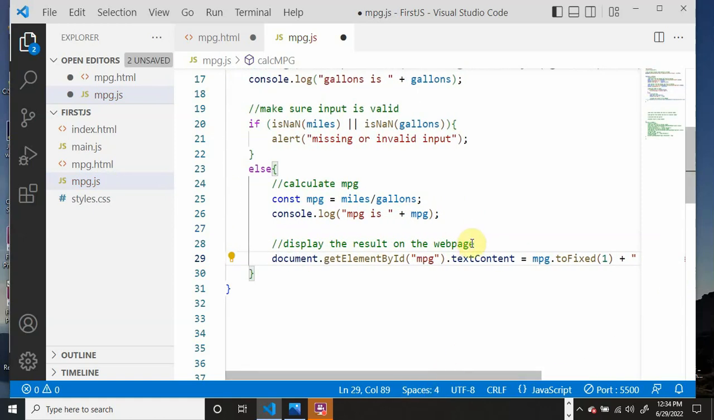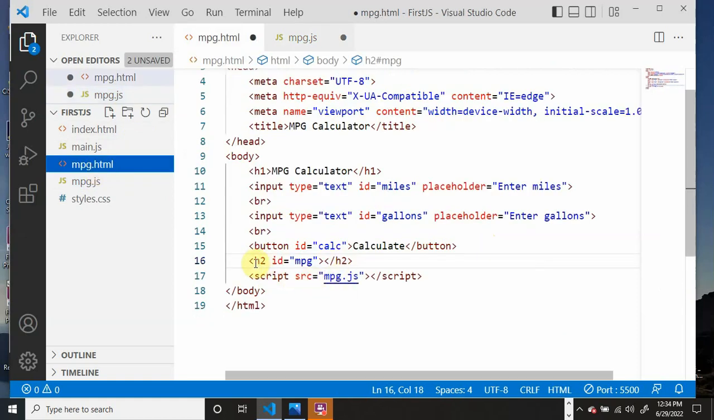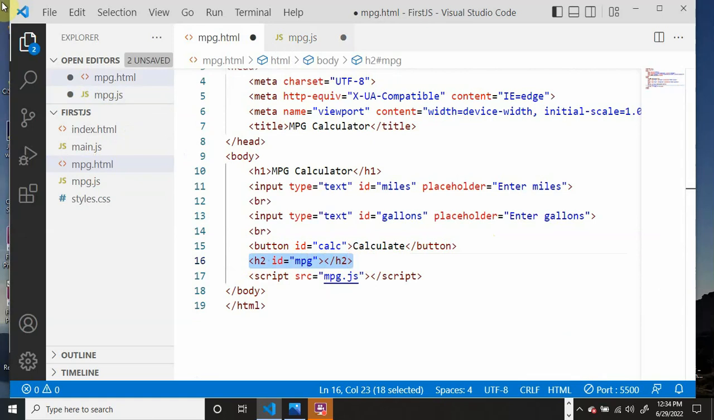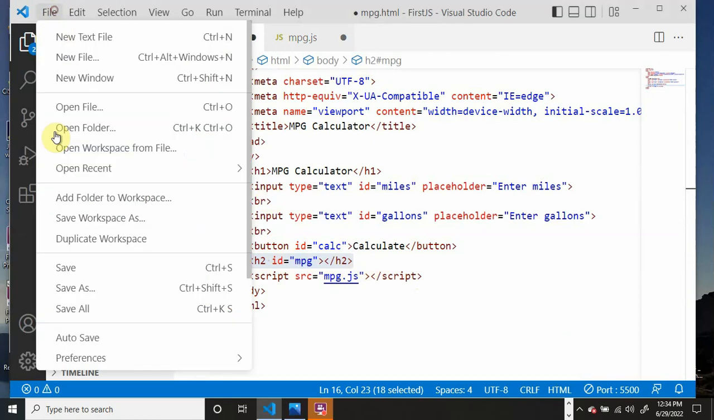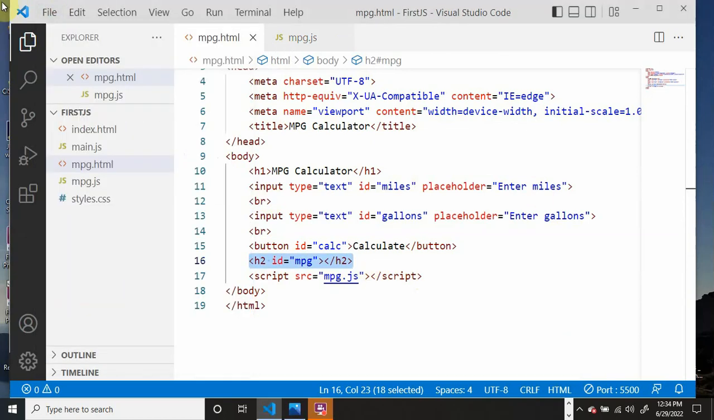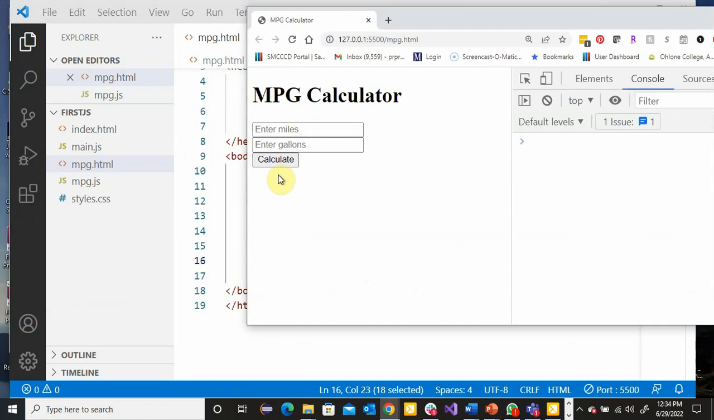Right? So let me make sure you understand what I changed. I decided to have, instead of a span inside and instead of having these words miles per gallon already displayed on the page, it's just going to be a blank place, right? So let me save it so you'll see. So you'll notice now there's nothing here, right? And if I put in my numbers,